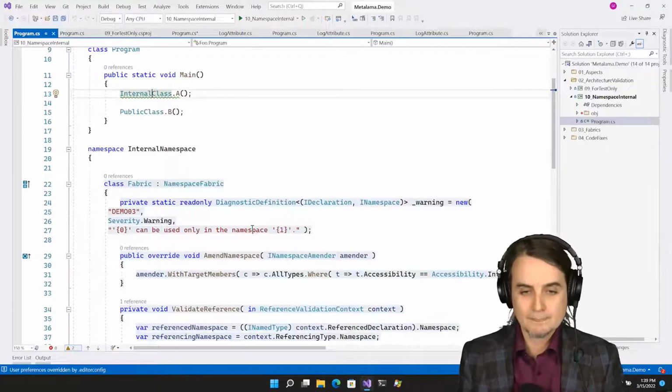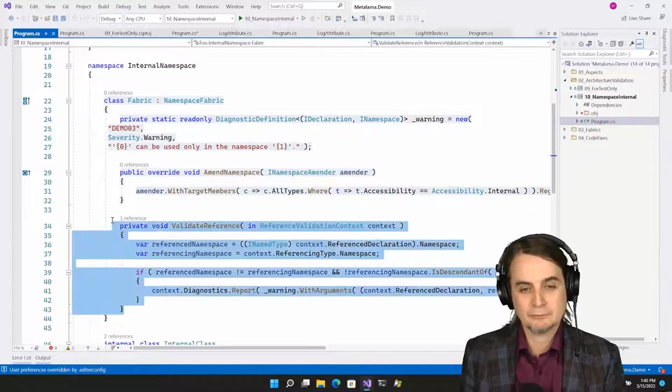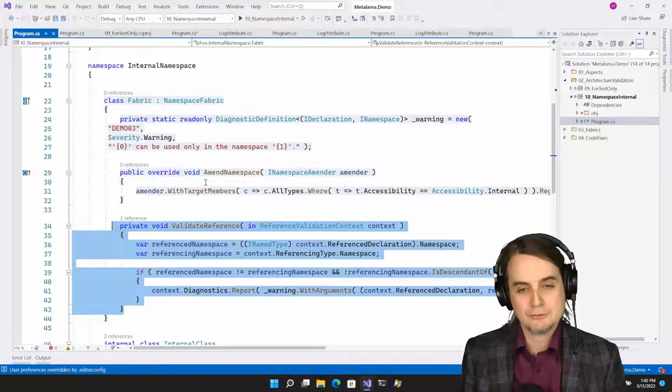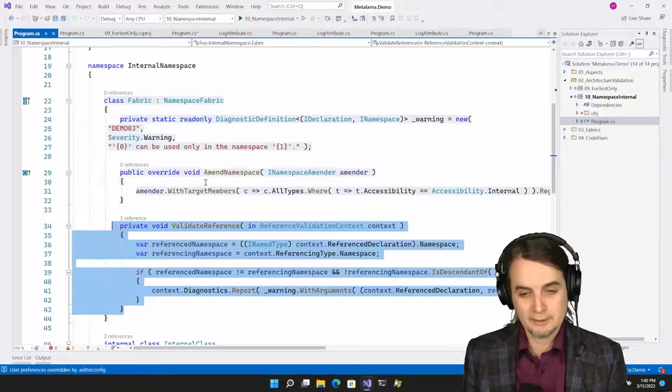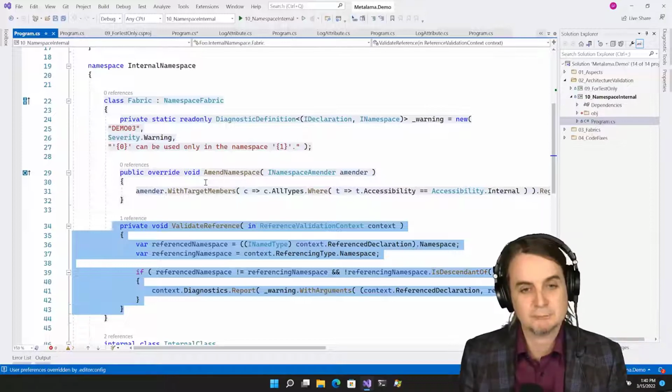So that said, it's possible to ship constraints as NuGet packages, so that instead of having these lines of code here, you would just have amender.internal namespace. So you can build extension methods, of course, and to follow the pattern of application builder from ASP.NET Core, you can do this too.